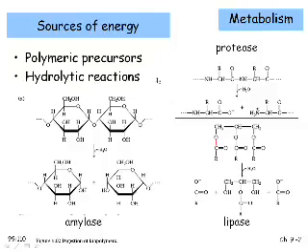So where do we get energy from? In broad terms, there are polymeric precursors that we take in our food. And in general, there are going to be hydrolytic reactions that allow us to break those polymers down into smaller pieces so we can start to get the components into a shape where we can get some energy out of them. And you can see here a common strategy for three different